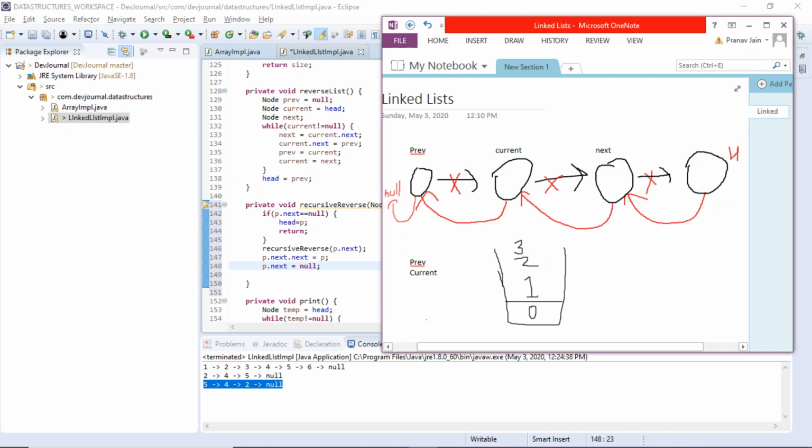What does this mean? This means, for example, 3 comes first. After 3 is returned, now I am on 2 here. So p dot next dot next equals to p. What does this mean? P is 2, P dot next is 3, its next is null, right?